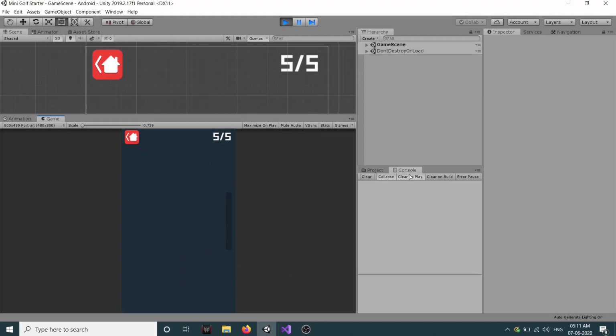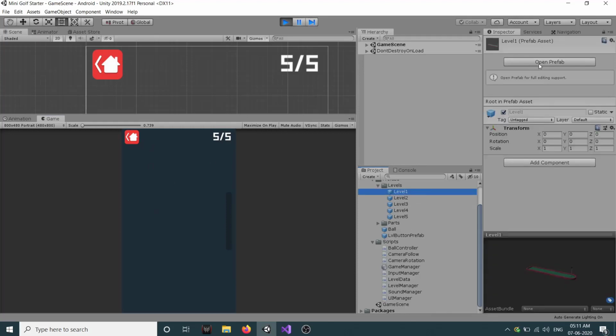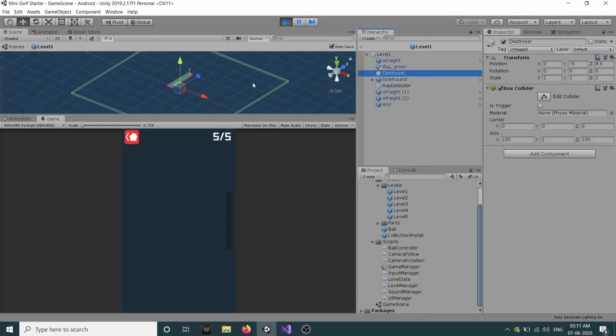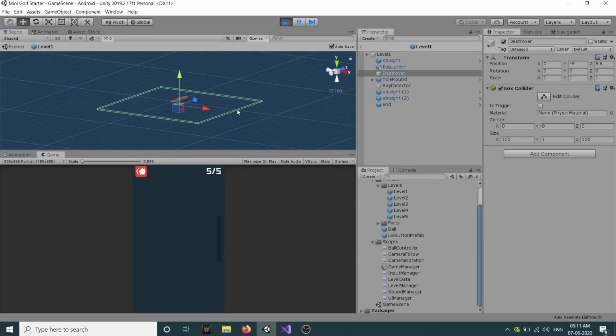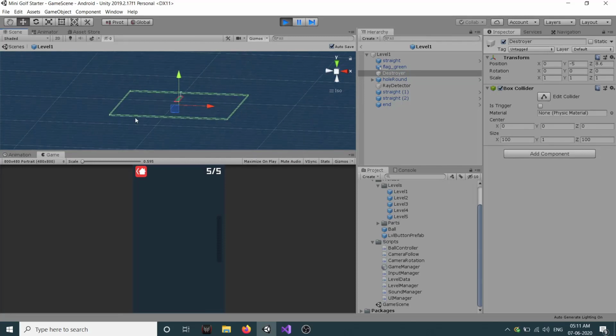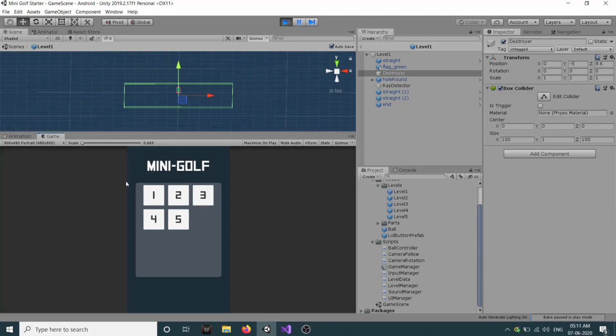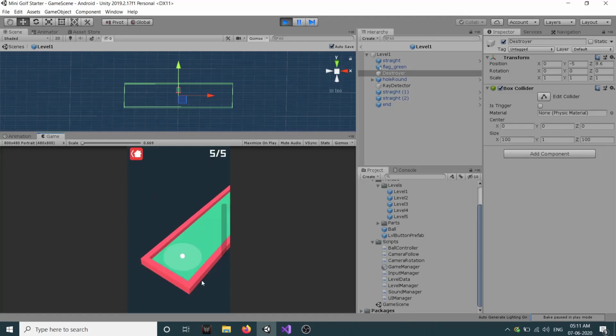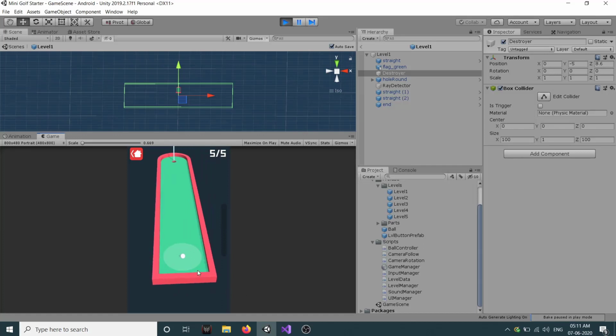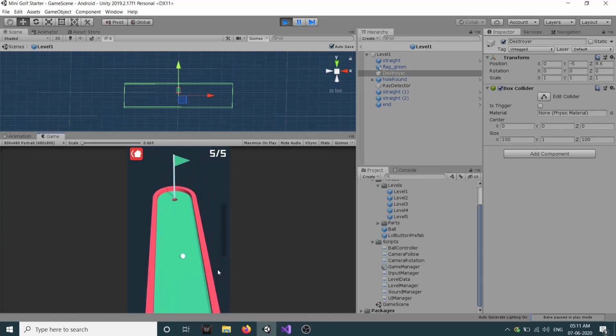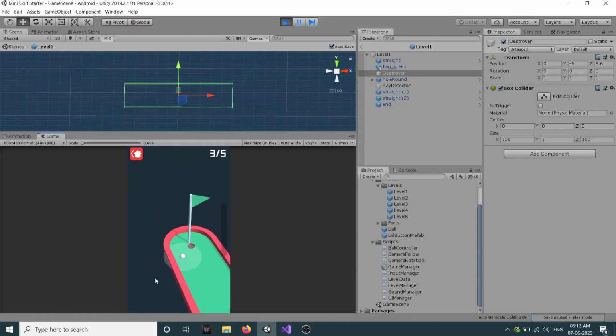So to fix this issue, what we can do is go to our level 1 prefab, and we have this destroyer, right? We can increase its size, or you can just create some colliders which are vertical, so that if ball flies away like this, it get hit by that destroyer and get destroyed. So we are able to spawn our buttons, we are able to spawn our level, we are showing level fail as well as level complete. We are also able to move from one level to another. So I think we have completed this thing pretty much.